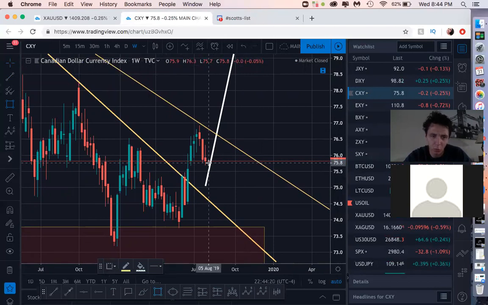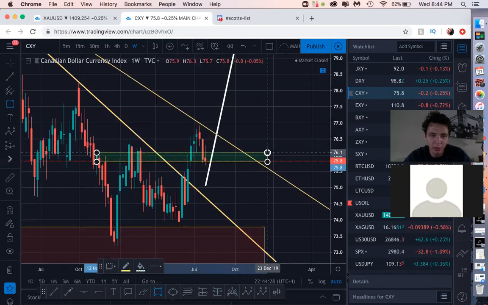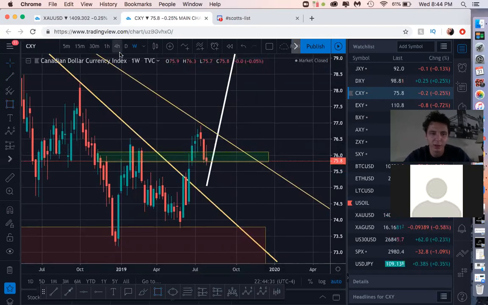You'll see me mention order blocks a lot in my analysis because it's a really strong point to use. An order block is on the higher time frames. You can use it on the smaller, but it doesn't hold as true. But we have this order block. In an order block, see all these red candles? This green candle within all those is the order block. That's where they're looking to accumulate more orders. That's where they've made an area where they can push it back to.